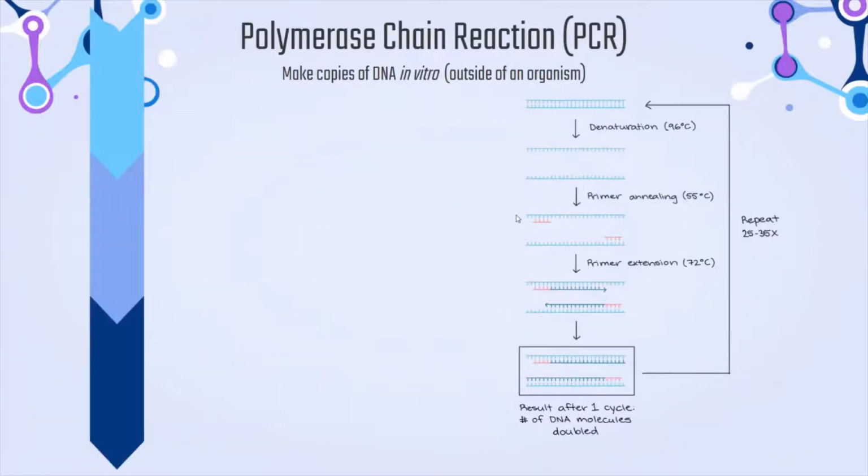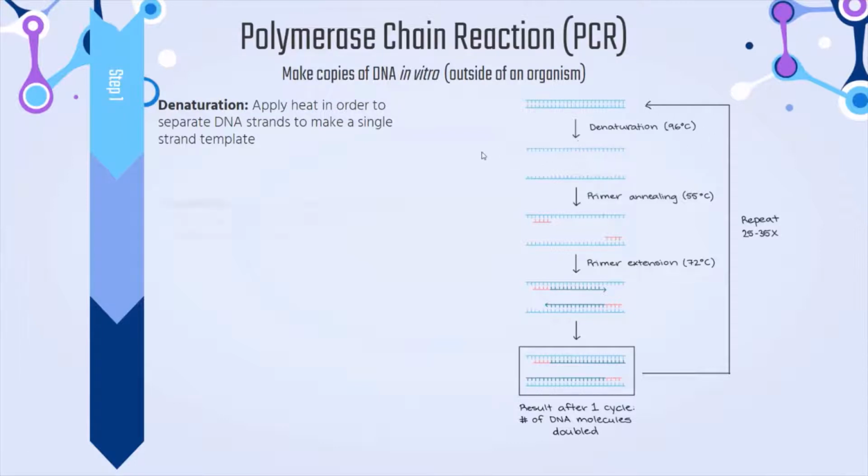The next type of biotechnology is the polymerase chain reaction, or the PCR. And this is when we make copies of DNA in vitro, or outside of an organism. The first step of the PCR is to denature the DNA, and this is when we apply heat in order to separate DNA strands in order to make a single strand template. So in this picture, you will see that we will raise the temperature to 96 degrees Celsius in order to